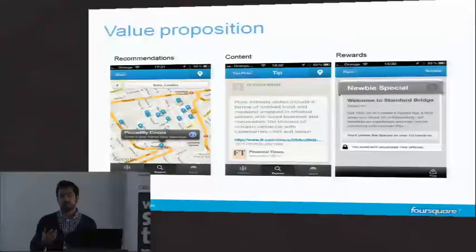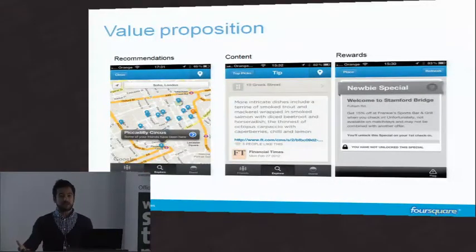The other thing that we try to do is expose your friends' activity on the platform and show you where your friends have been, which is pretty exciting, because if I go to Paris, I don't want to know what somebody said anonymously on some sort of blog. I want to know, hey, where have my friends been?